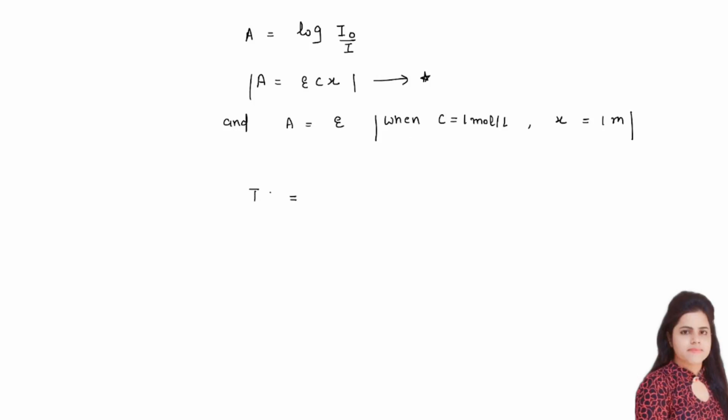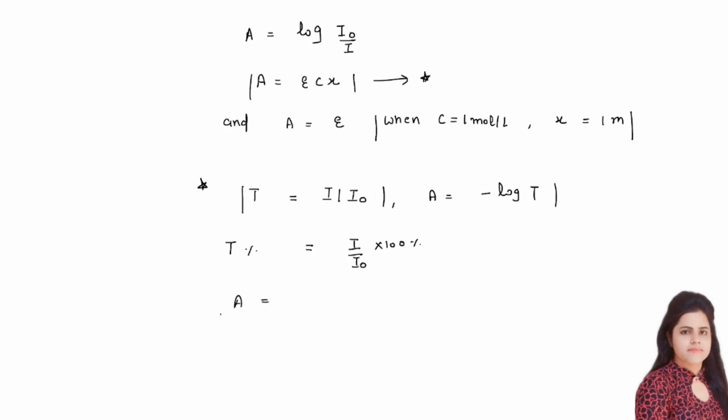Then we will use this relation, transmittance. It is equal to the ratio of transmitted light upon your incident light intensity. Okay, and we know that A is equal to minus of log T, right? These are two relations that we have to keep in mind. Now generally transmittance is known by the percentage form, means transmittance percentage. Then we can write this as I by I naught into 100%. 100% means 100 by 100, 1. So 1 can be written as 100%.